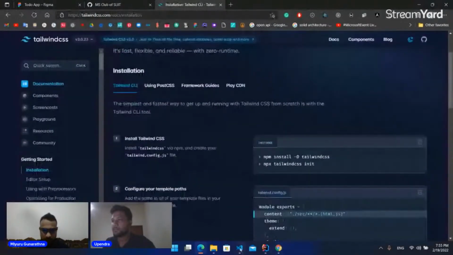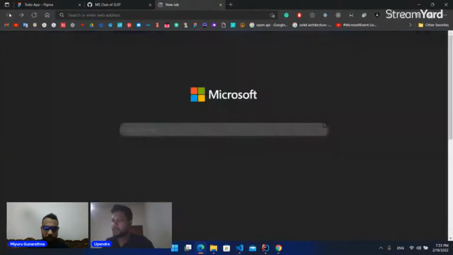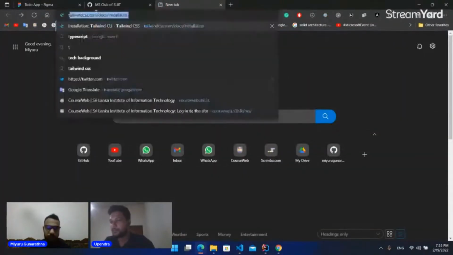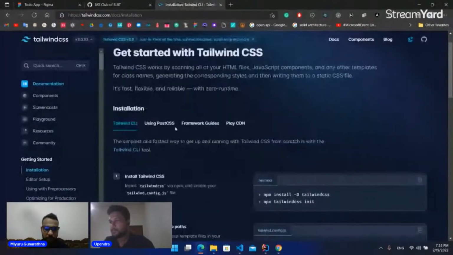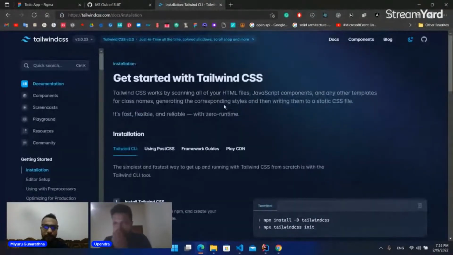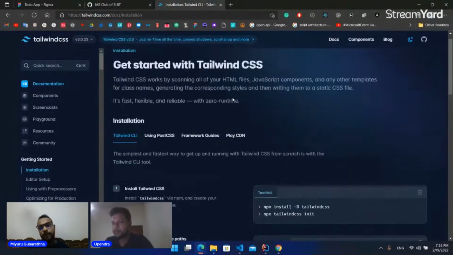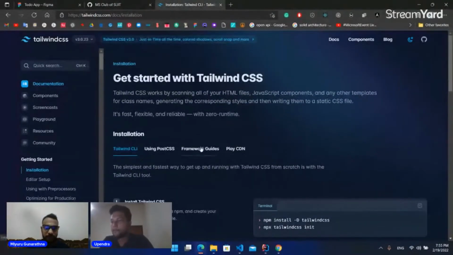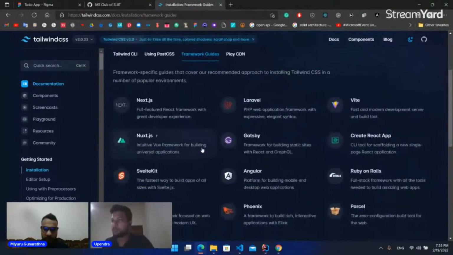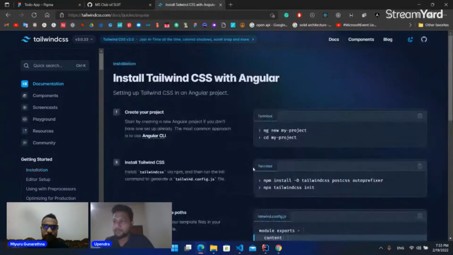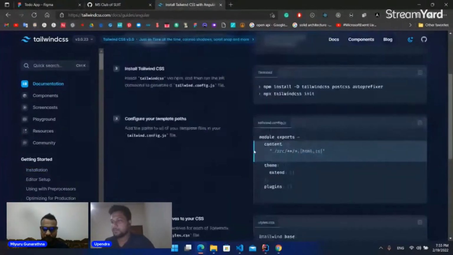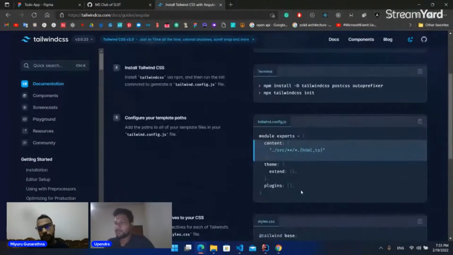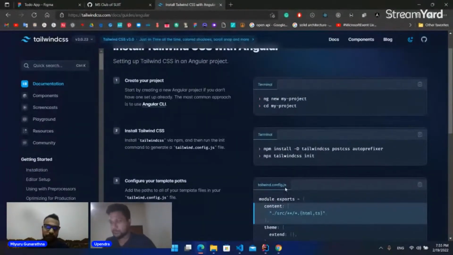So as a first step, I need to configure the Tailwind CSS framework. So for that, I will go to this site. In their documentation, they provide the guidelines to install and configure Tailwind CSS. So as you can see, it's a framework guide. Go there and select Angular, and these are the steps to configure Tailwind CSS in our Angular